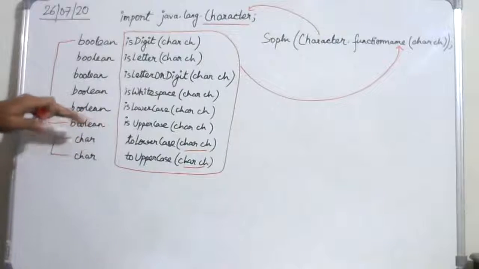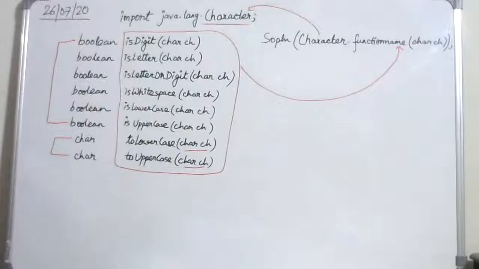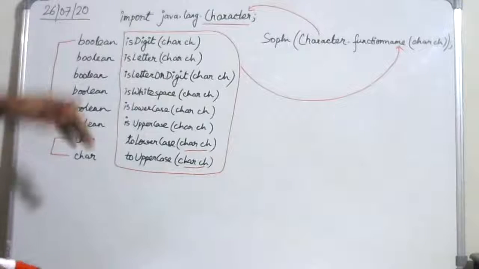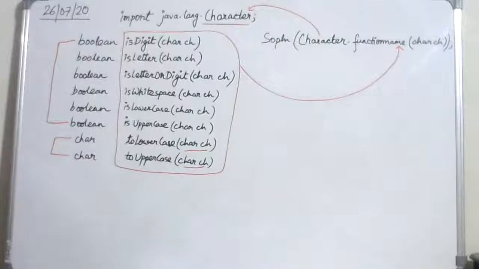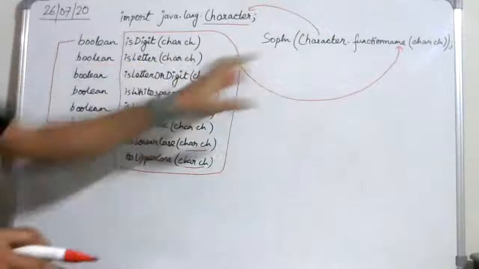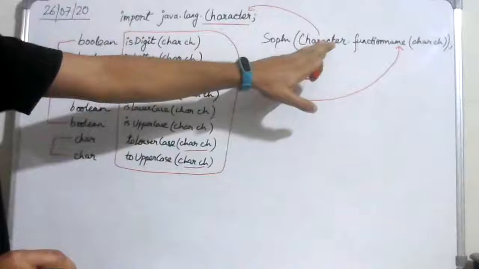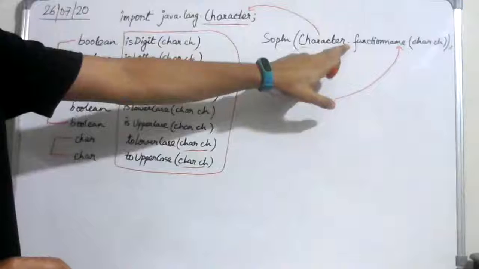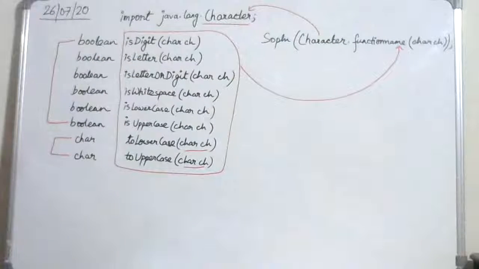Other than that, the rest of the functions above will remain the same as had been explained in the previous video. So they'll work as explained, and the method for calling these functions is as follows. You have to specify the character class using a dot operator and then the function name, and then you have to pass a character value or a variable as an argument. Now let's come back to the last two functions.